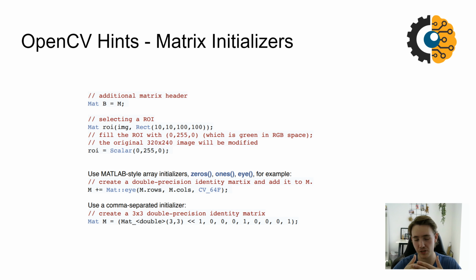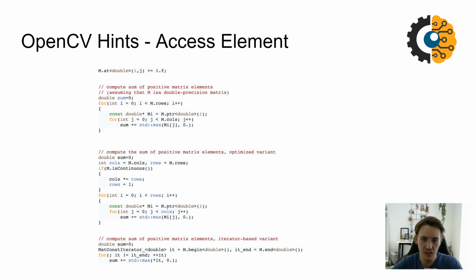When we try to extract some information or do some filtering or smoothing on our images, and then how we can access an element in our picture. Let's say we have a picture where we want to access a specific individual element or a pixel or some pixel array inside of that image. Here for example we have this add function, and then we can say add this image M here, and we just add one to each pixel